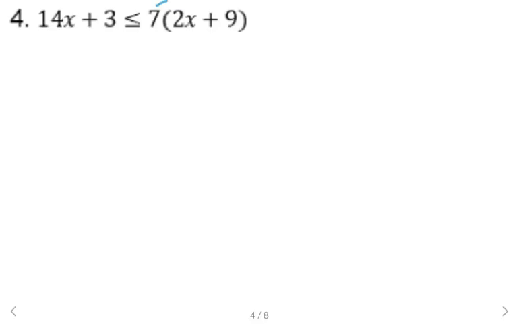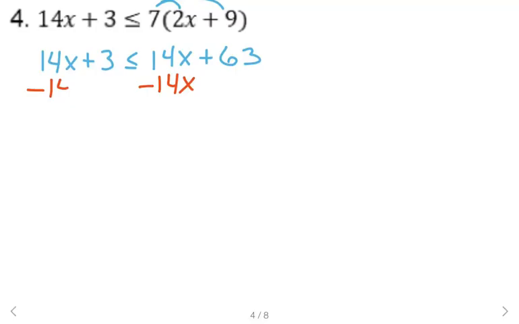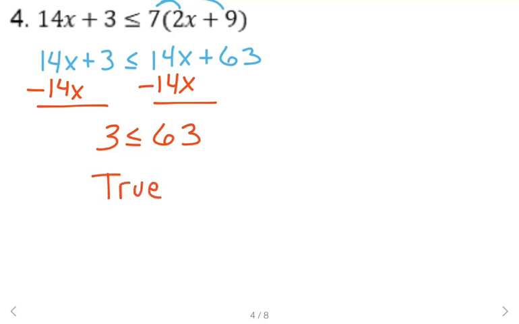All right, this time we have a little distributing on the right side. We'll get 14x plus 63. We want to get those variable terms together, so subtract 14x from each side. 3 is less than or equal to 63. Well, that's true. So what this means is if you look at a graph of this, and you could put